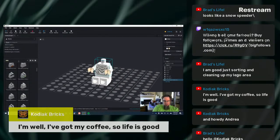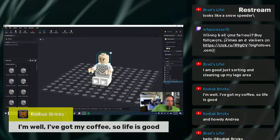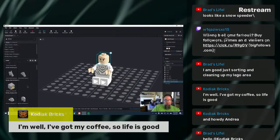Sure. A male head with a smile on it. Here we go. That works. It looks like, what's his name? And then a helmet. Don't think we're going to run into anything that's remotely close, but